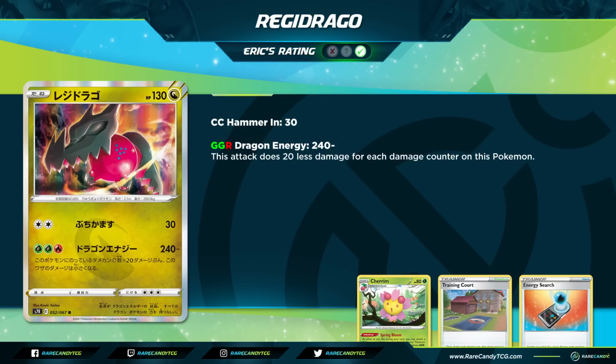So I actually am kind of worried about potentially the Rapid Strike Urshifu matchup. Now, I guess you could attempt to play stuff like Scoop Up Net if you do want to attempt to tech for Rapid Strike Urshifu, but I'm really torn if you're going to be able to successfully tech for that matchup or not. So that is going to be one of the disclaimers I do want to throw out there